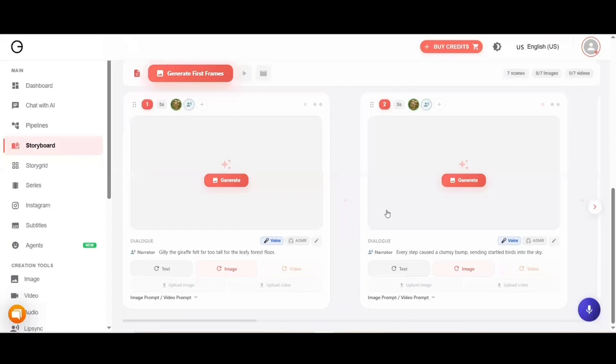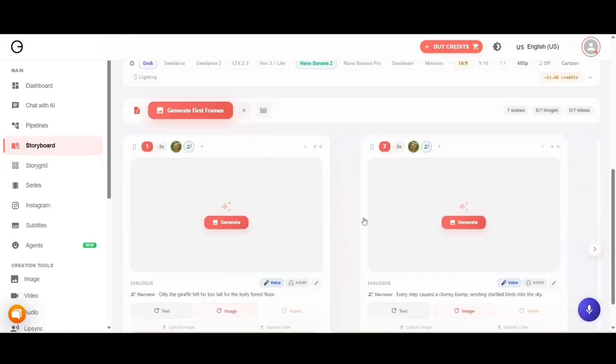Here, they are numbered. 1, 2, we can scroll further, and there are 7 of them. You can click here on Generate First Frames. This means that all the frames will be generated now. Or you can generate them one by one. I recommend generating them one by one. If you don't like the first image, you can redo it and then continue generating the rest from the top